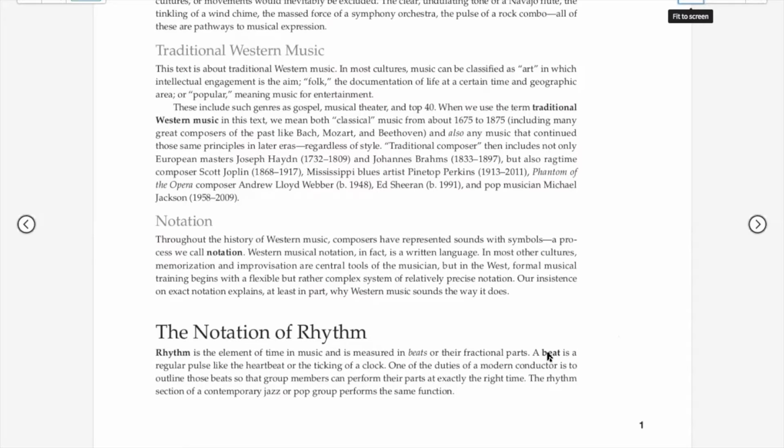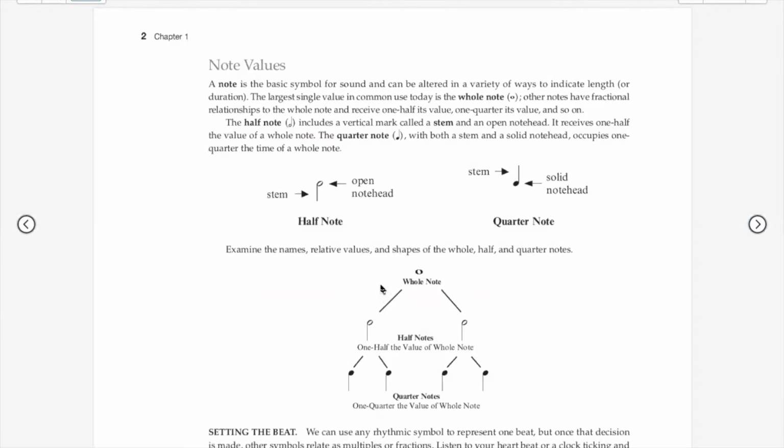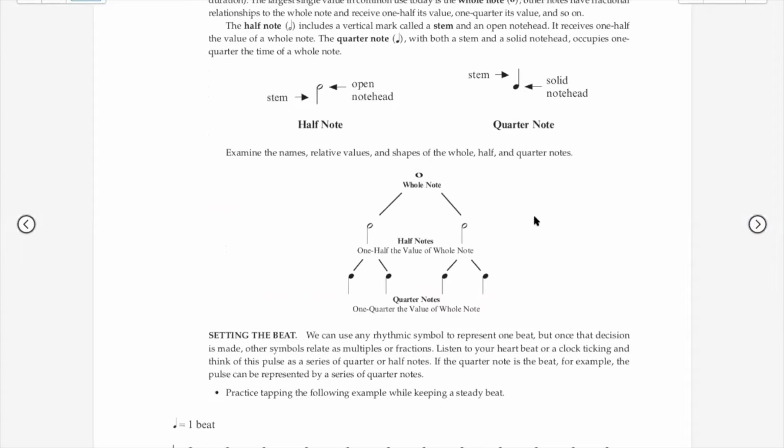You remember the term beat? The term beat is the constant, steady pulse in a piece of music. And we have different notes to represent that. Now, in the PowerPoint, I said that a quarter note represents one beat, which it often does. But sometimes a half note might represent one beat. And that's one of the finer details that you need to know when you start in this theory class. The quarter notes might represent one beat, and so might half notes. What's important is the proportional value between them.